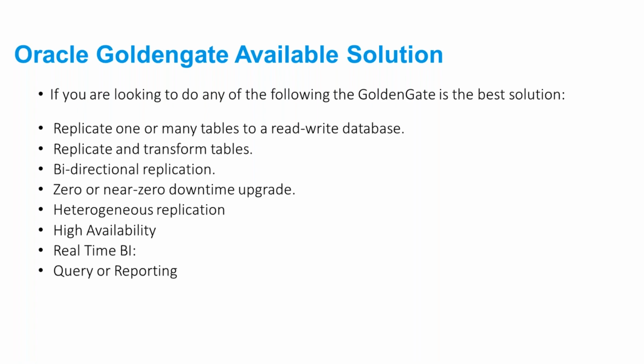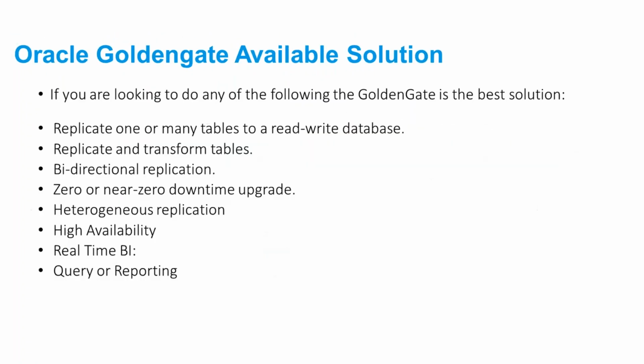But with Golden Gate, it ensures near real-time replication, and hence as a result, whatever data is there in Boston will be available in San Francisco. So as soon as a power outage happens, whatever data is there in Boston will be available in San Francisco, and you can switch over your application to San Francisco without any issue.